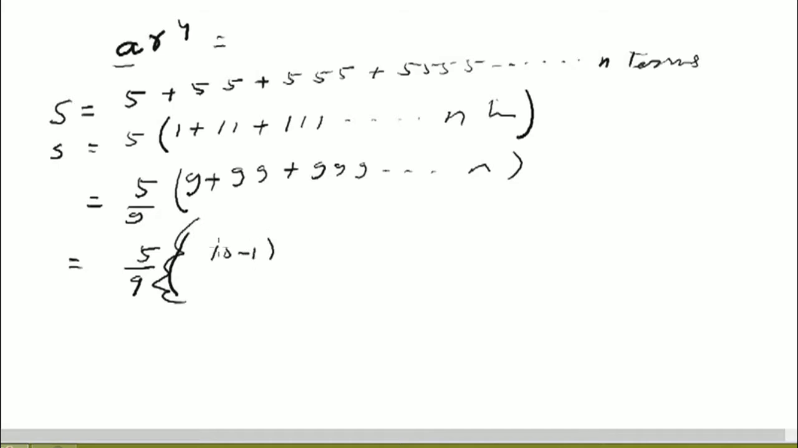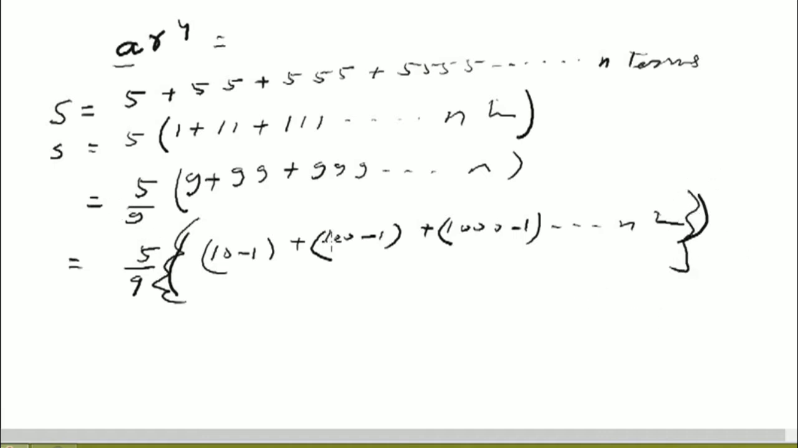999 is 1000 minus 1. Like that. Now you see that we are identifying the series easily. This is n terms here, it's not n square. See, it is 5 by 9 outside. So if we are collecting 10, 100, 1000 at one place